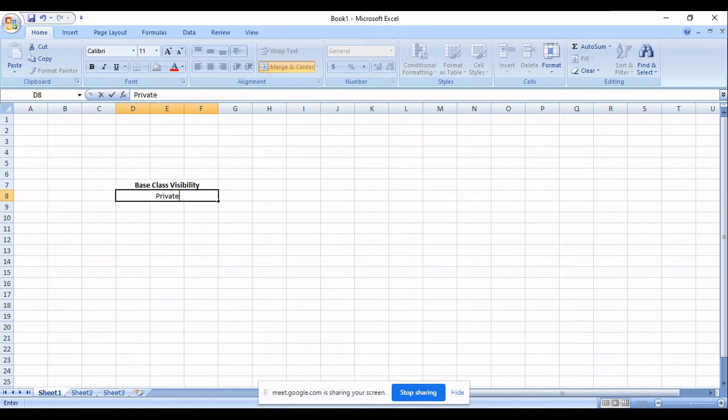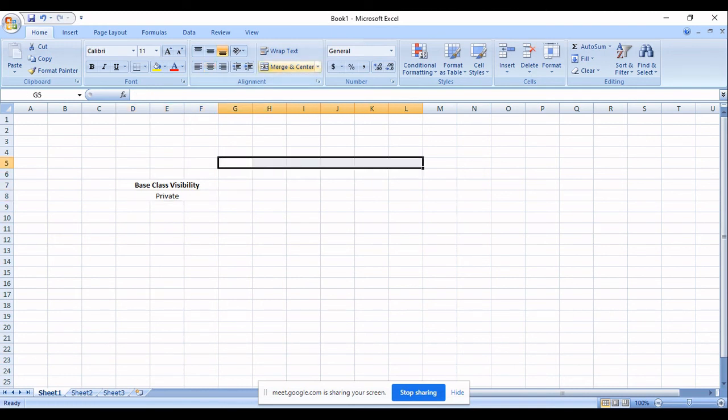If it is private, what happens? So will it be private in derived class or something else?